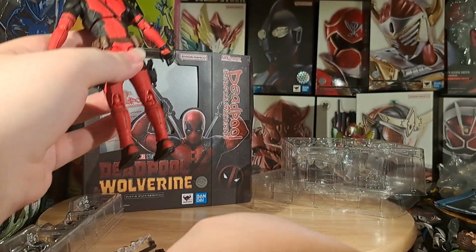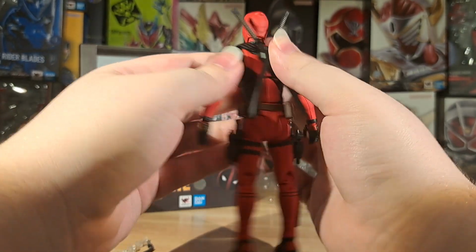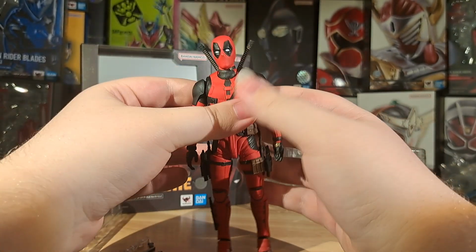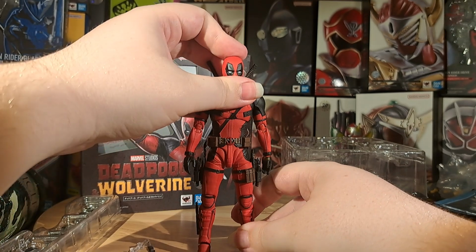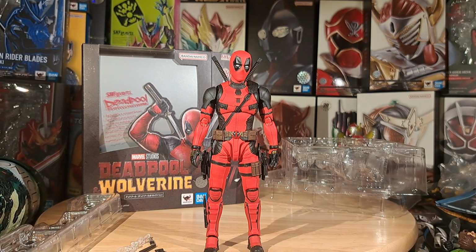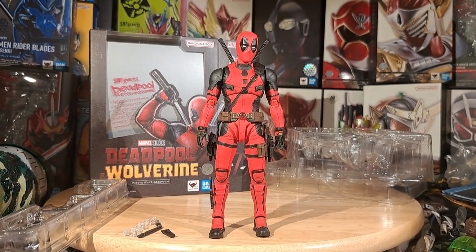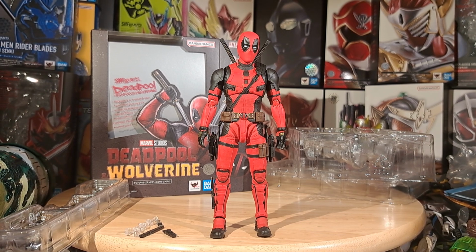Let's get the katanas on his back to complete the Deadpool look, because in my mind he always has that on. And here we are. The red is definitely a bright red. It's not as pink as promotional images and the box have you led to believe, but it is a light, less dark red than either of the two Deadpools, which I think is accurate to the film. The film does dirty it up a lot,